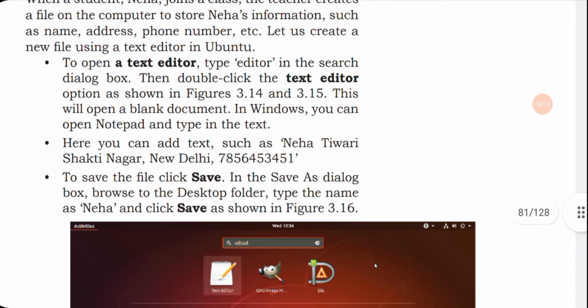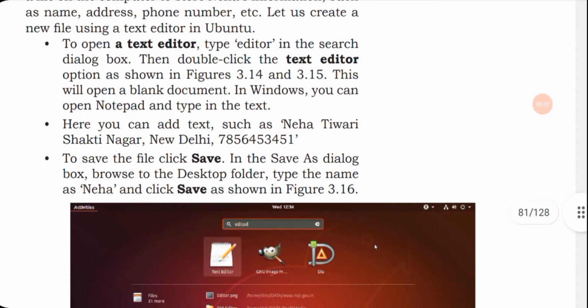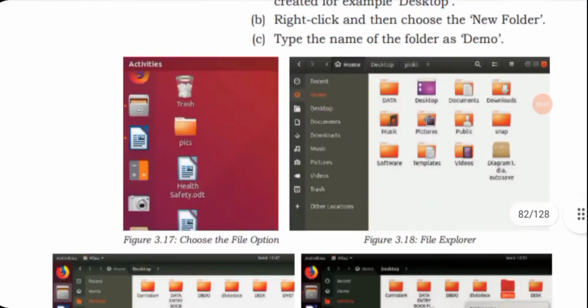That is, open the text editor, then write whatever data you have to write, then go to the File menu and click Save, and the save dialog box will appear. Browse the folder where you want to save the data. Then give the name, or if you have already given the name, then click Save or Save As.